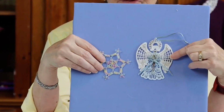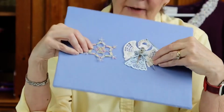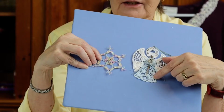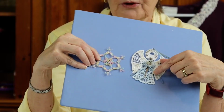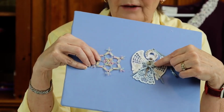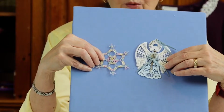So let's talk about some other finishing touches you can do. The angel, I have actually done a little inking. I've taken some dilute ink, tinted it blue, and done her skirt. So she has just a pale shade of blue, and then I've added a little bow and some little tiny straw flowers. And I don't know if you can see the sparkles on her halo and on her wings, but